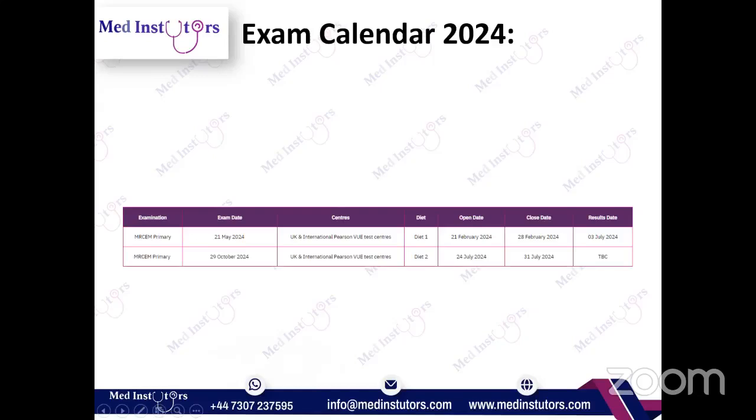And what about the centers? The centers are offered in the UK for candidates living in the UK, and worldwide through Pearson VUE's centralized center policy. They offer you a center in your home country if it's available with Pearson VUE and registered. So the exam centers are available in the UK and worldwide, in almost every country where Pearson VUE is functional. So they are offering MRCEM examination centers in your home country too. So that won't be a problem. But what you must keep in mind is that whenever you are booking the exam,